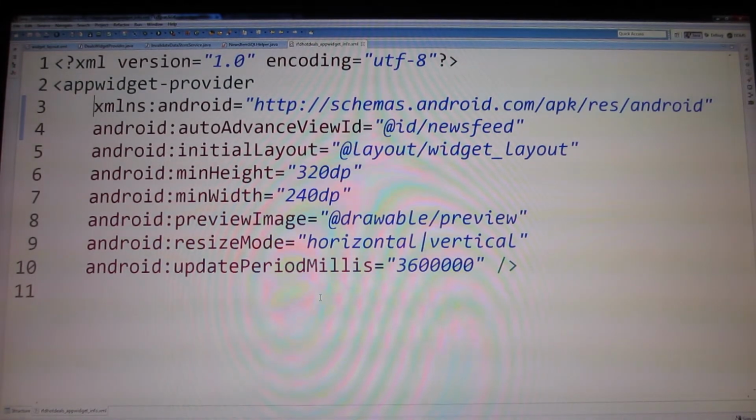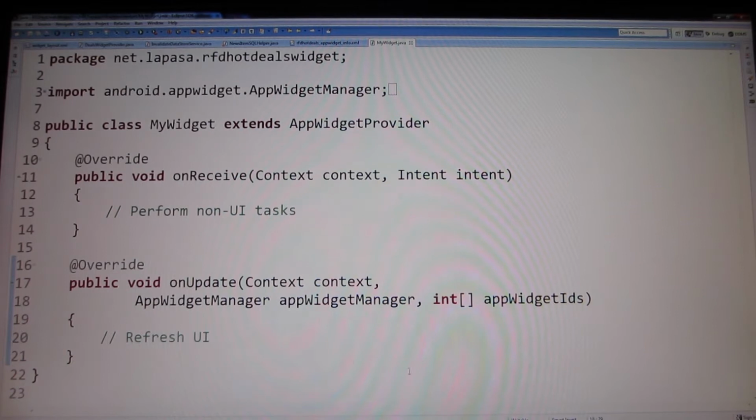The second thing you need to have is the metadata. And the metadata XML will define how big it is and how it's going to show up on the user's home screen, how often it is going to refresh, and where it references the view that you just saw in the previous shot. And the final thing that you need to have is to extend from AppWidgetProvider, which extends